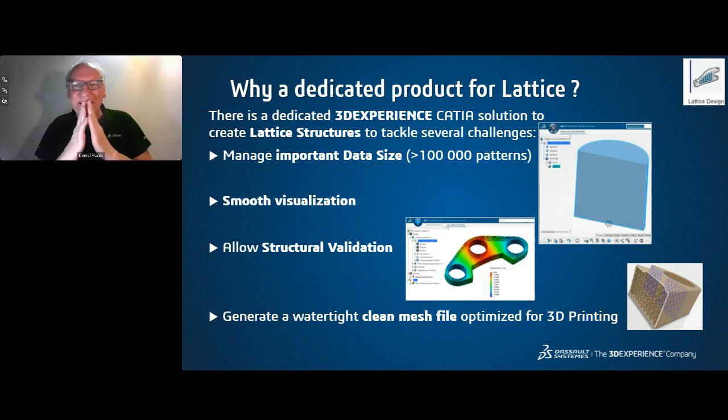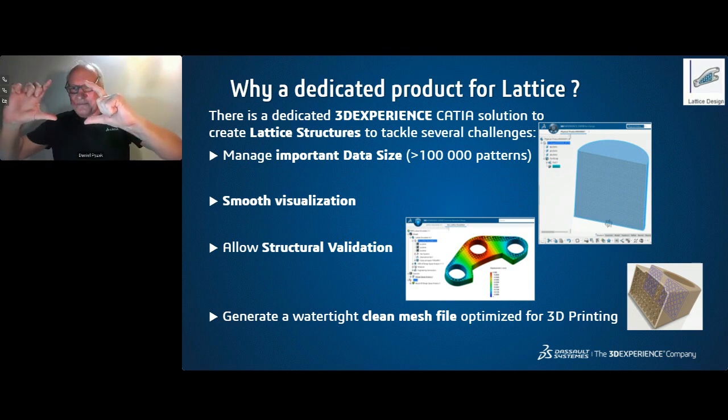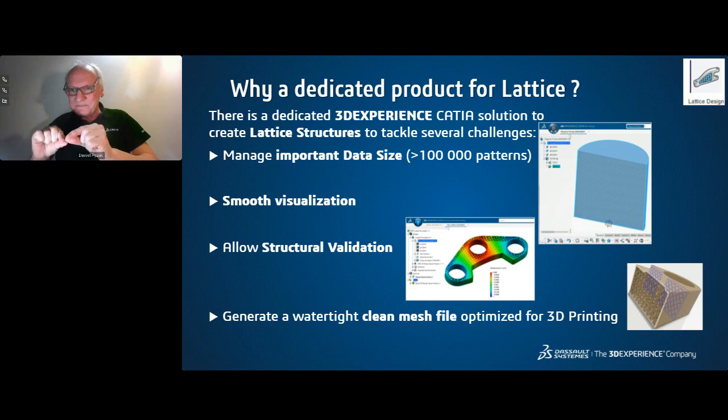Why did we develop a special product for lattice design? It's very simple. If you look at the part here, which is a light blue part, it's a very simple part. A cylinder, 300 millimeters height, 300 millimeters diameter, thickness of 1 millimeter, and the lattice cell is 4.5 millimeter by 4.5 by 4.5. If you count, I counted it for you, we get